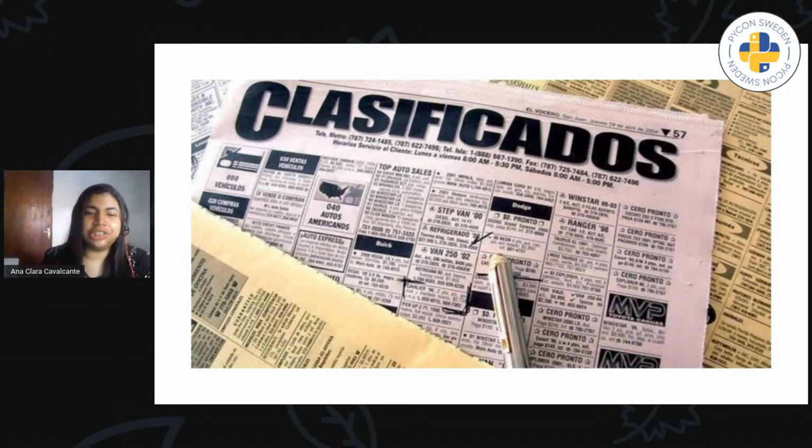So, how did we search for jobs decades ago, when the internet was still in its infancy? Well, I'm not sure how this was done in Sweden, but in Brazil, we had newspapers. My mom and my father would go to the newspapers and read them and manually scrape them to get the information they wanted. Whether it was a job or just something to buy or anything like this, they would find it in the newspapers.